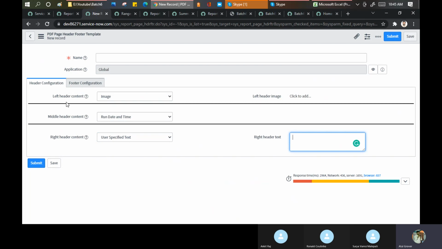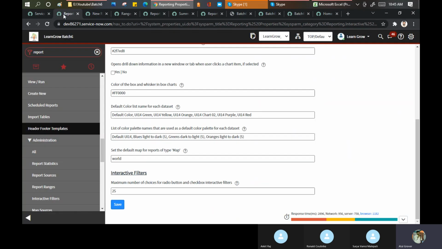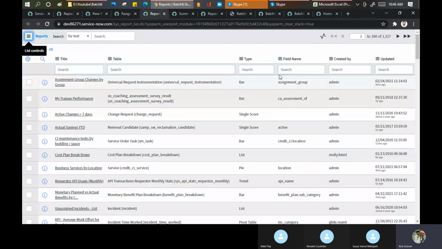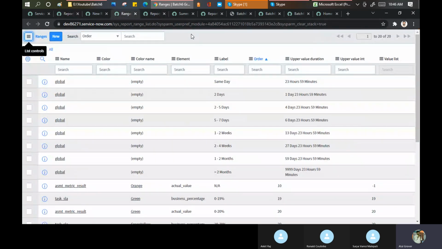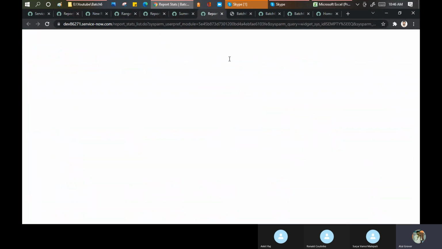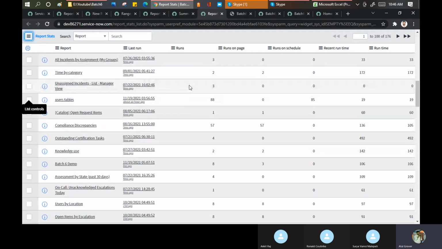So these report headers you can use, but as a consultant, not a responsibility, you can tell your customer that you have a place to see all types of reports running on your system. And this is the way that we do the analysis as well, what reports have been created in our system, how many times. Suppose now you can see only 176 records are there, but in my out of the box I have 1184 reports. So it means out of that approximately 900 reports are useless for me.